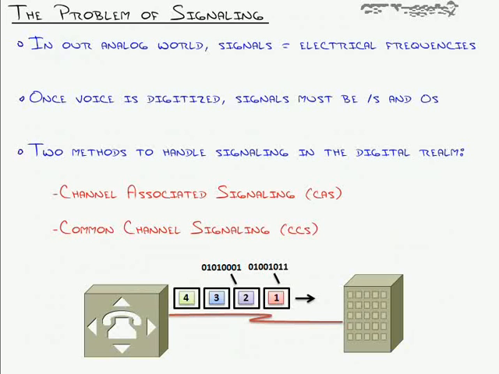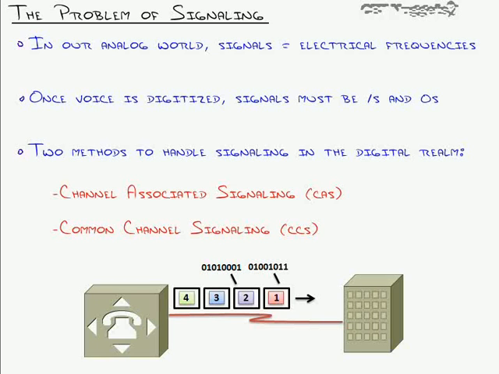Before we move on, let me emphasize again that TDM does solve the problem of sending multiple conversations over a single 4-wire path. It does that by allocating each conversation a specific slot of time. If we're bundling them into a T1 connection, we'll have 24 unique time slots where it says, okay, now's your chance, send it now. And we can send our digital ones and zeros for a specific conversation during that time slot.